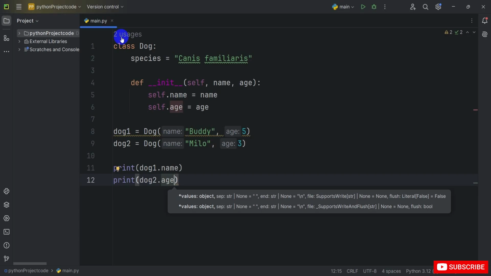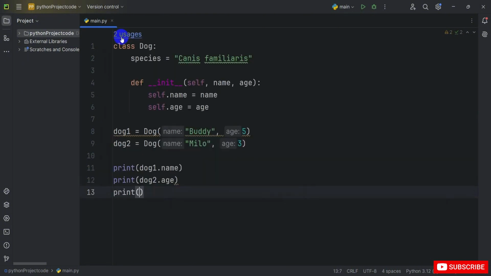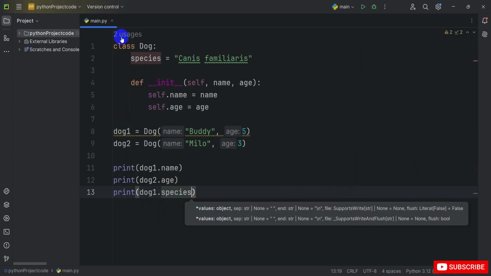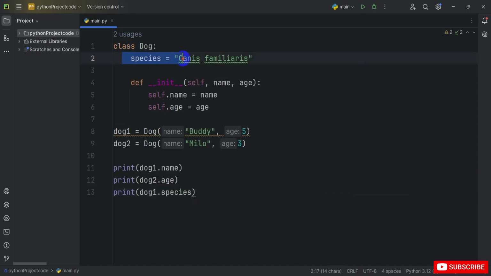And next line here I'm typing print, and in this I type dog1.species. You can see here in this example, I create the basic example for the Dog class. Here you can see species is a class variable, meaning it is shared by all instances of the class, while name and age, on the other hand, are instance variables unique to each object. And you can see here I properly create the two